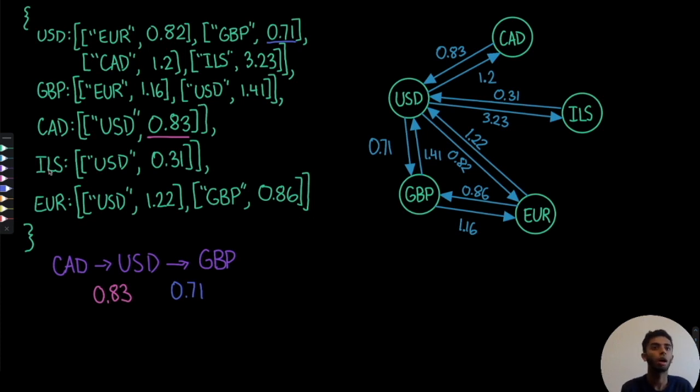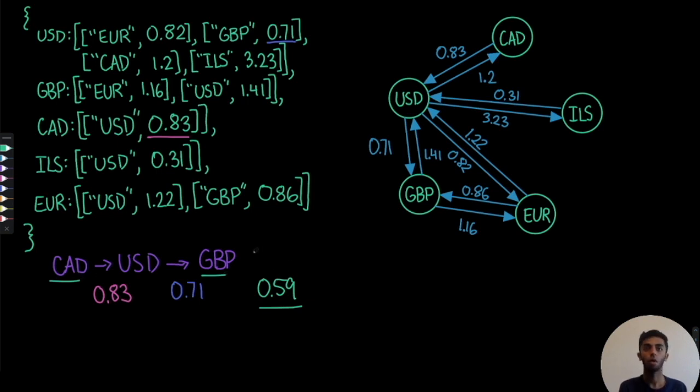So over here, we can say, if you started with 1 Canadian dollar, then you would have 0.83 US dollars, and then you'd have 0.83 times 0.71 pounds in the end. So you get 0.59 is the overall exchange rate right here for this example, if we're going from Canadian dollars